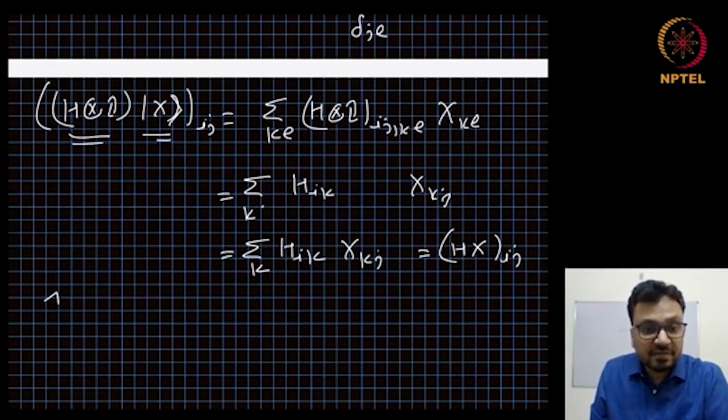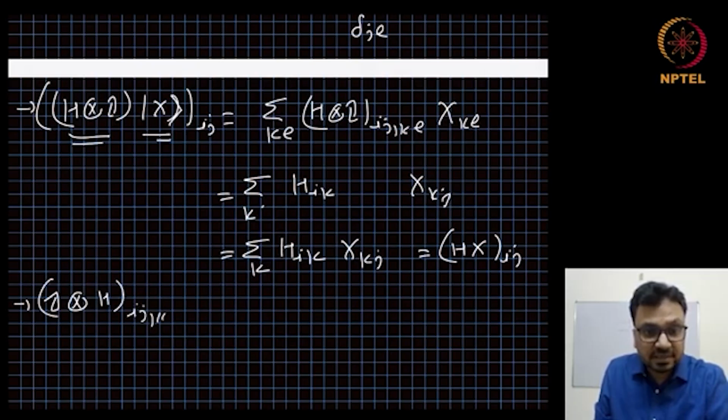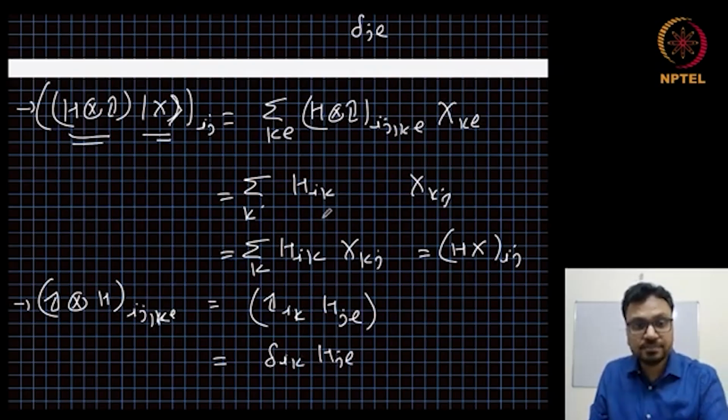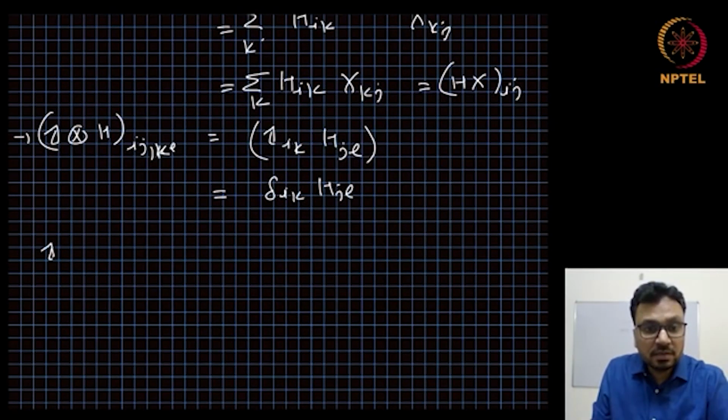Similarly, if we have an identity tensor, so this was one thing, this is another identity tensor H, whose ij kl element will be I ik H jl, and this is delta ik H jl. Identity tensor H acting on vector X,